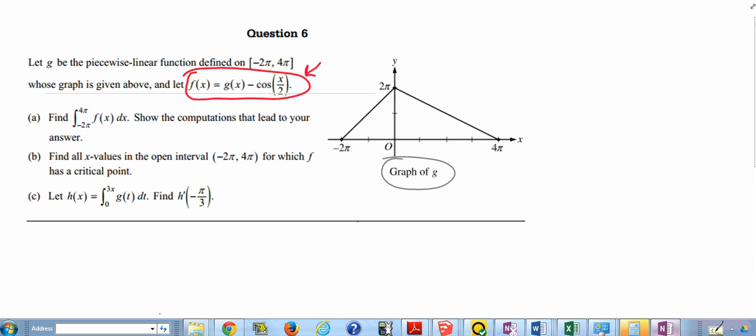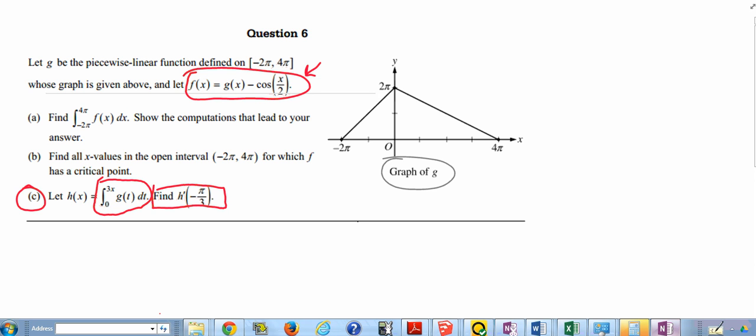So this is a good question where I would say that if you read it and you kind of freak out, maybe this time you start off with part C, because part C just says find the derivative of h, where h is defined as the integral of 3x of g(t) dt, and they want you to find the derivative. And in this particular problem, on part C only,